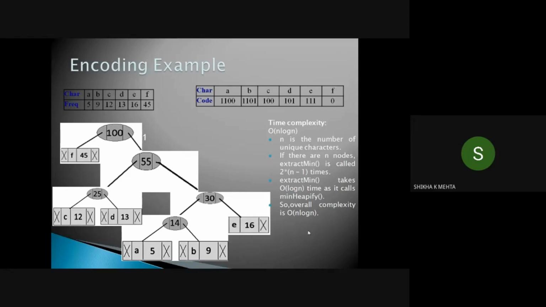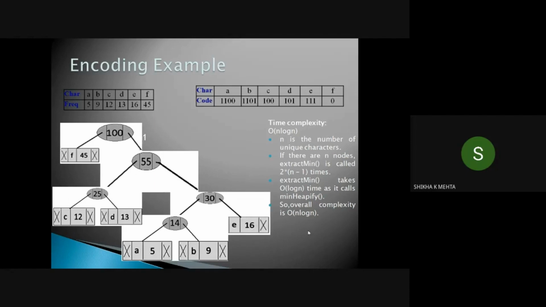From 12, 13 and 14, we merge 12 and 13, which gives a total of 25. We add this node back to the min heap, and now the order becomes 14, 16, 25 and 45. From these, we merge 14 and 16, and we get 30.